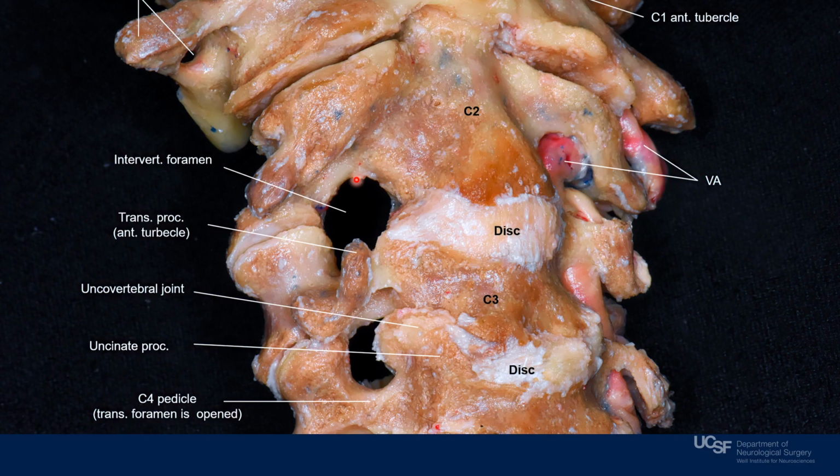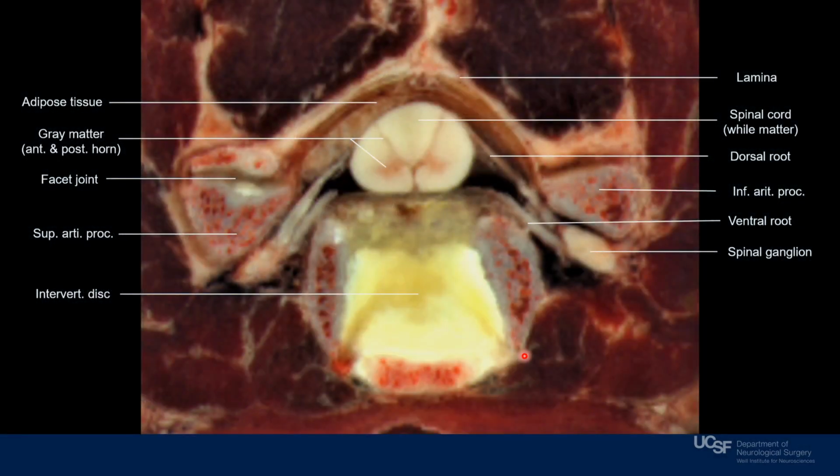We've seen the pedicle, the inferior notch, the superior notch, the groove for the spinal nerve, the pedicle of C4, and the intervertebral foramen. Let's move to the next slide. And so this is a cross section of